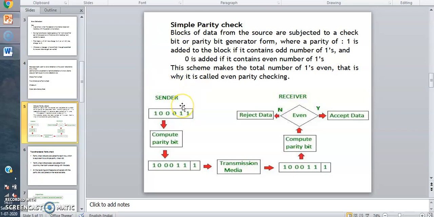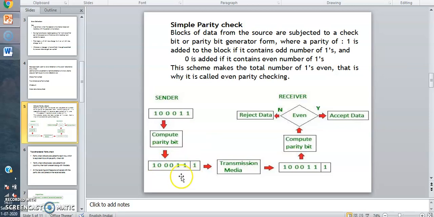Here if you see the diagram, sender is sending this frame which contains 100011. Here the frame contains how many ones? 1, 2, 3, so 3 is an odd number.